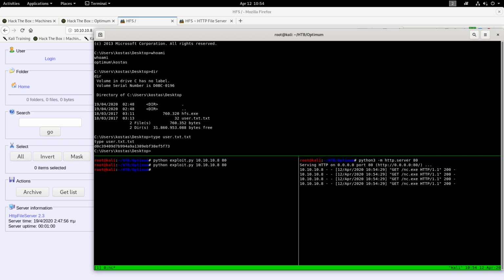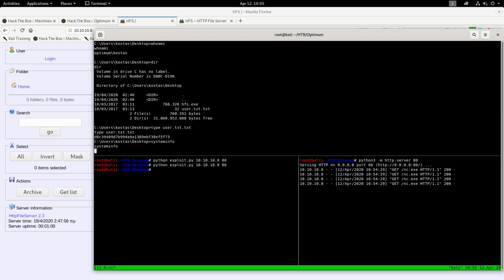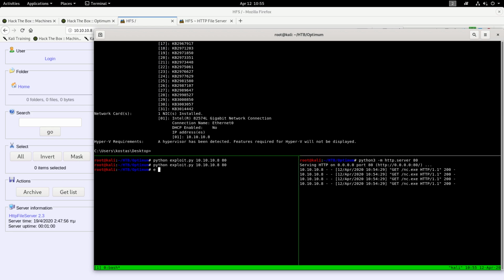We can. Okay, that was extremely straightforward to be able to get the user file. So now we're going to need to look into some privilege escalation and figure out how we're going to manage to get ourselves to root. So first, a good check is going to be to run systeminfo, and I like to use the Windows exploit suggester script, which has a database of some exploits against patch versions,